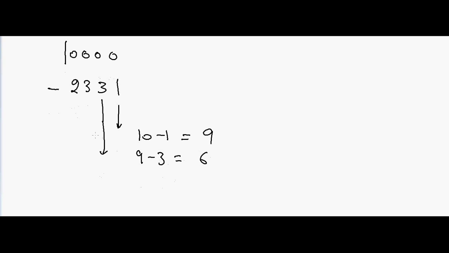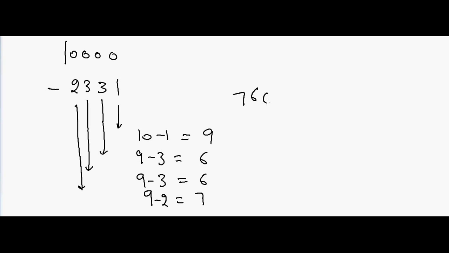Then I'll take the next 3. So 9 minus 3 is equal to 6, and then I'll take the 1. So 9 minus 1 is equal to 8. So the answer will be equal to 7669. So we can do the same thing for much larger numbers, but here is the approach, and I hope